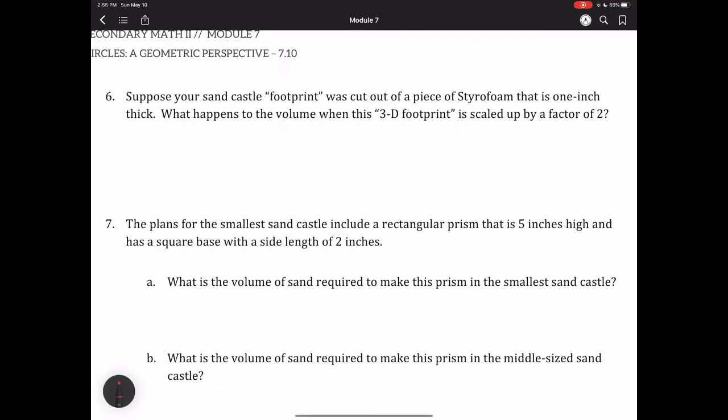So suppose your castle footprint was cut out of a piece of styrofoam that's 1 inch thick. What happens to the volume when this 3D footprint is scaled up by a factor of 2? So we kind of already talked about that a little bit, right? When we're scaling up the volume, like we looked at in number 2, when we scale up the volume as well, we're doubling this direction,